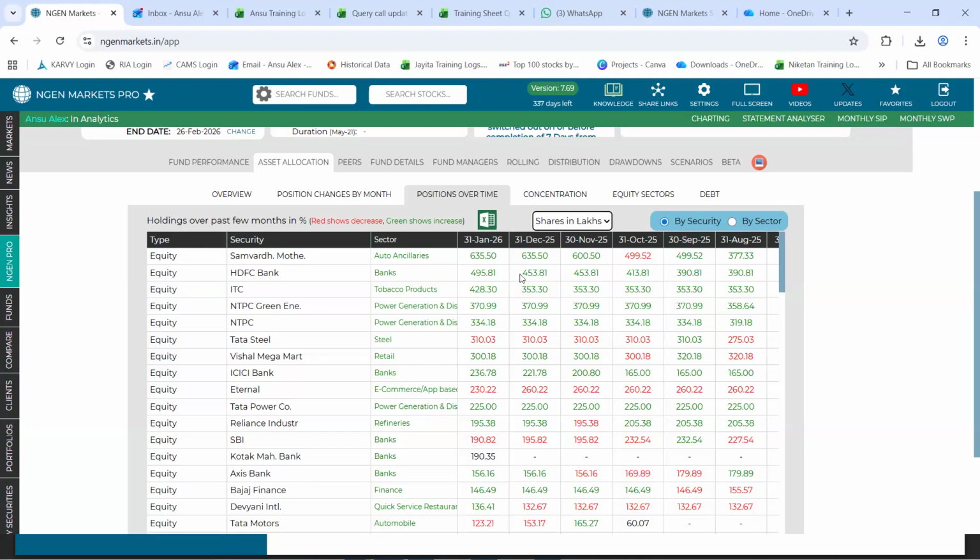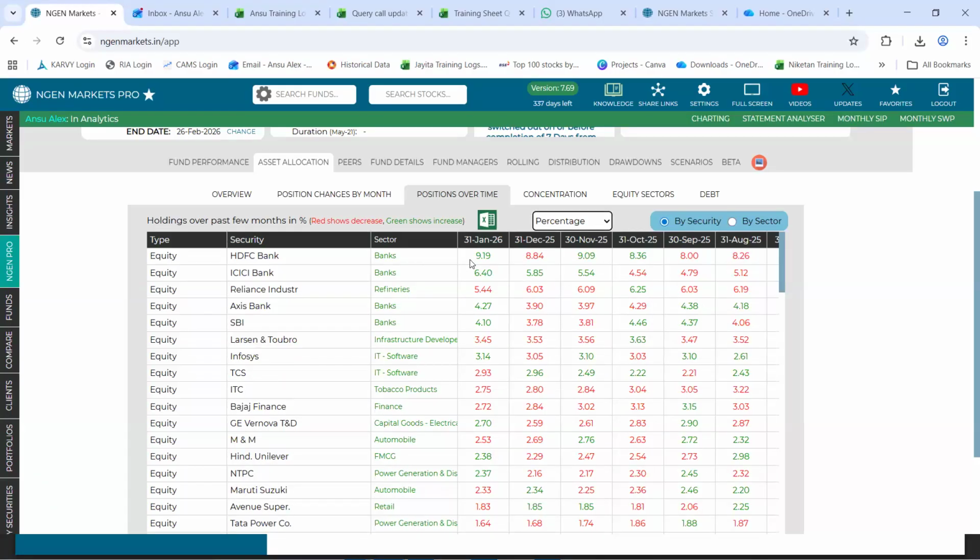So right here, we could see that in the month of December 2025, the number of shares for HDFC Bank was 453 lakh. However, this increased in the month of Jan 2026 to a level of 496 lakh shares. Hence, the percent change that we just looked at was because the number of shares have been purchased or increased.